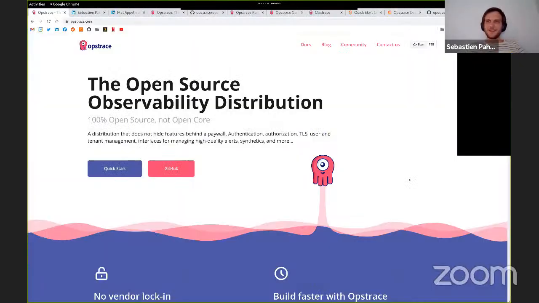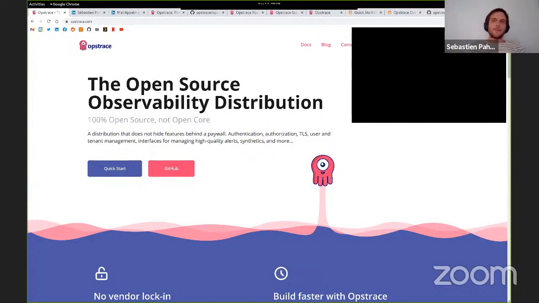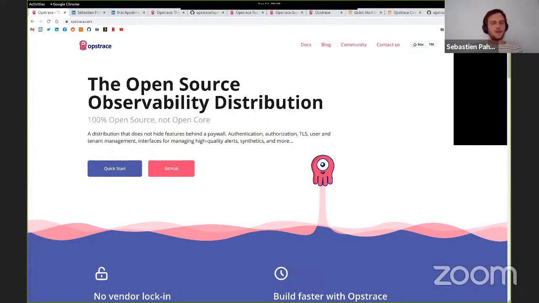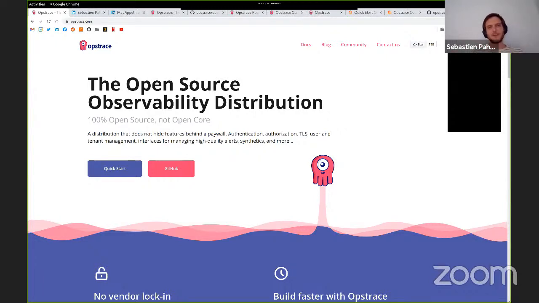So Opstrace, very happy to be here and talk about what we're doing. Like I said a bit in the intro, Matt and I got together about 2 years ago to decide to build a company, and we're from the infrastructure space. Our goal was to find ways to help people with all the wonderful open source software that exists today. After talking to a lot of companies and a lot of users, and also looking at the things that we liked ourselves, we decided to go and help in the open source observability business.